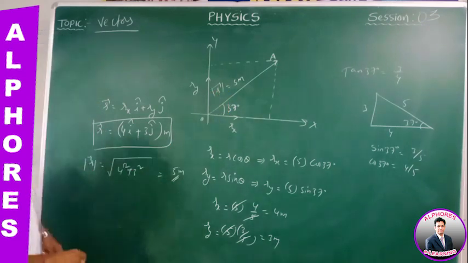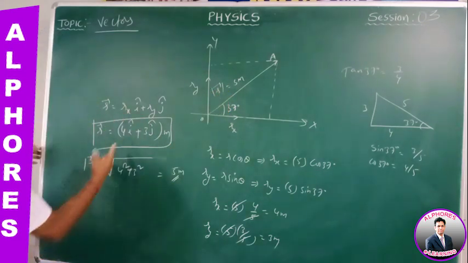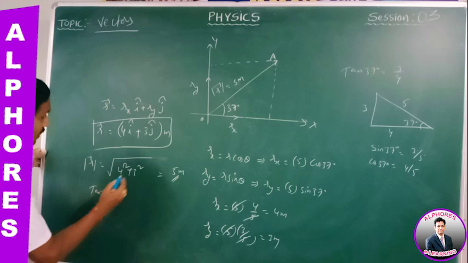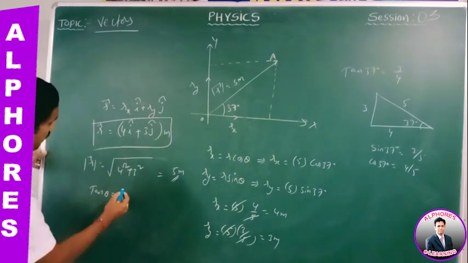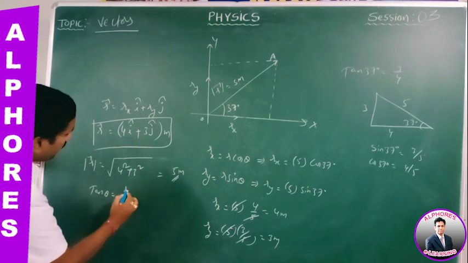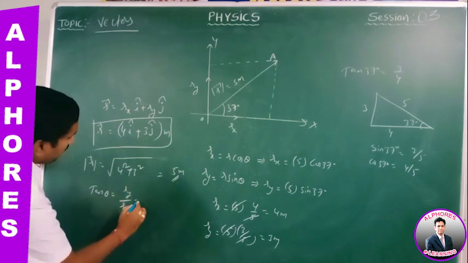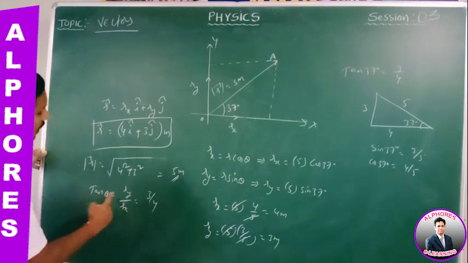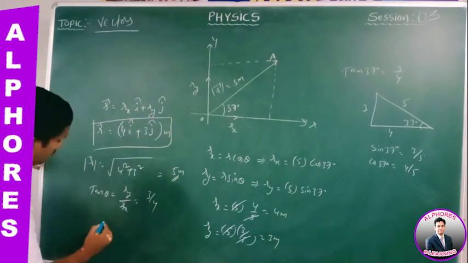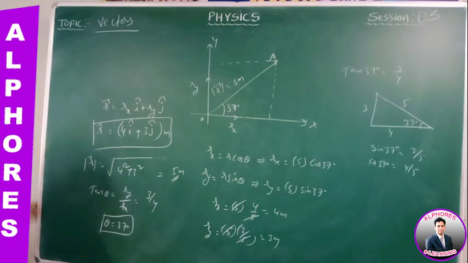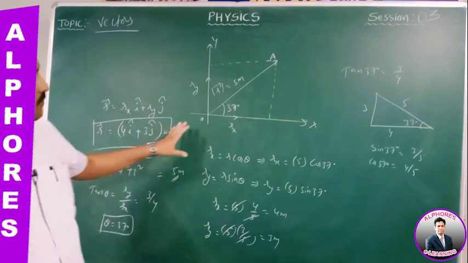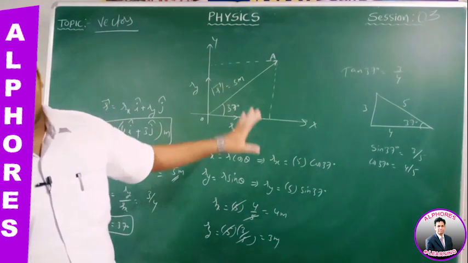Okay. Now we have to find the value of this one also. Tan theta: if the angle is taken as theta, we have to check whether it is 37 or not. Tan theta is the y component Ry by Rx as per our concept, 3 by 4. So tan theta is equal to 3 by 4, and theta is equal to 37 degrees. This is also one method. So this is the concept of resolution of vectors. Right. Thank you.